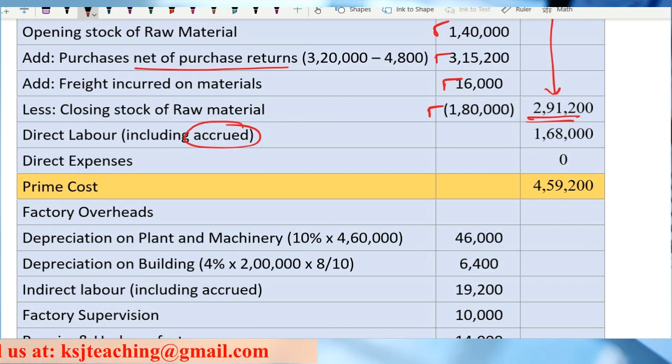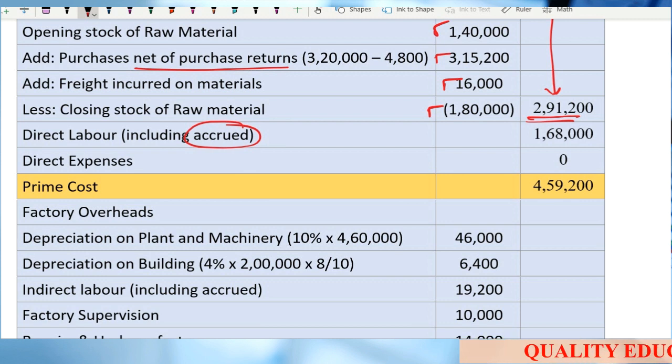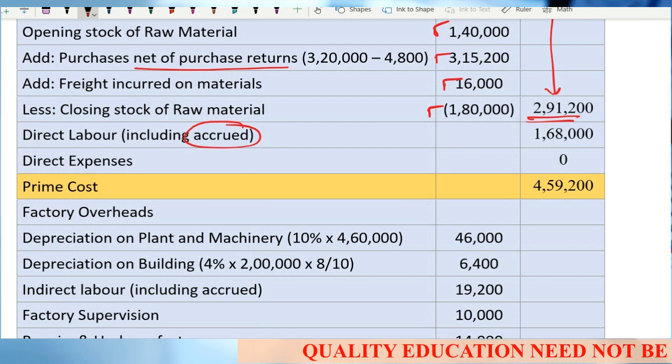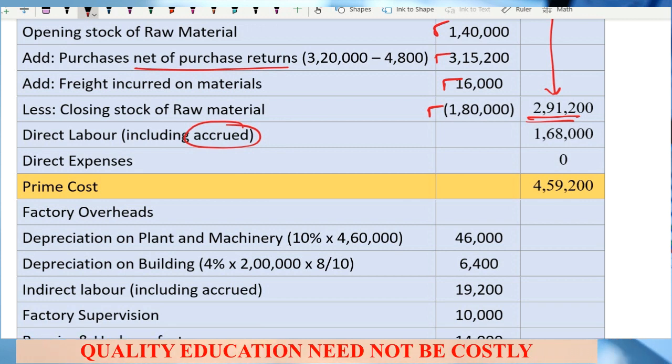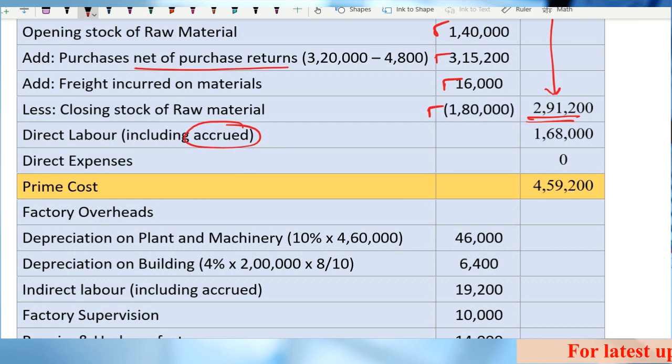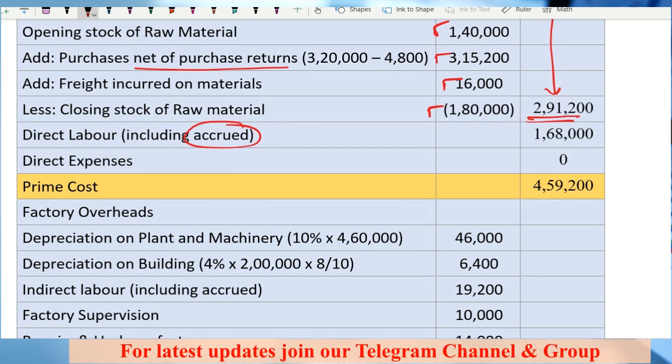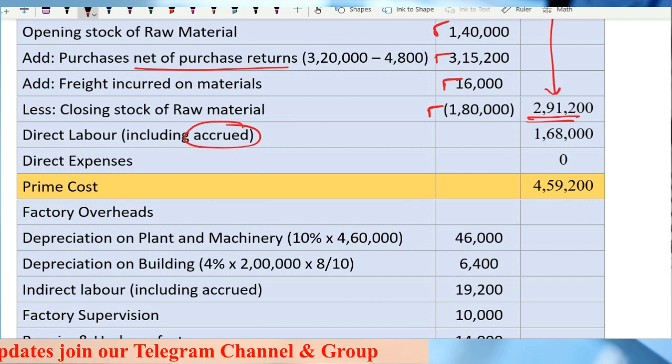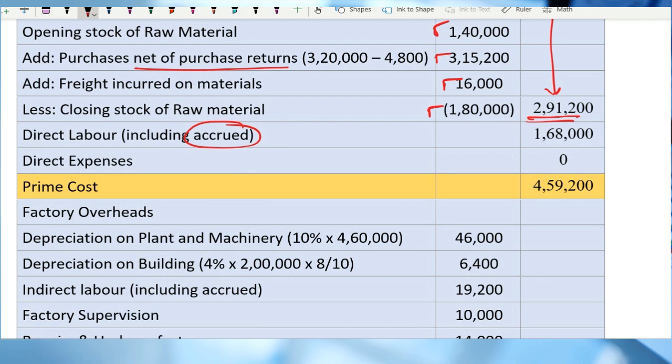Any cost belonging to the period for which the cost sheet is being prepared, whether that cost has been paid or not, will be included in the cost sheet, right? Note down the second point. One more point here. Any cost not belonging to the period for which the cost sheet is being prepared, prepaid expenses. Any cost which does not belong to the period, but that cost has been paid in advance, that cost is to be subtracted from the cost sheet,